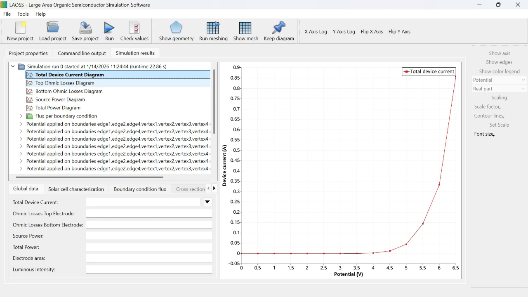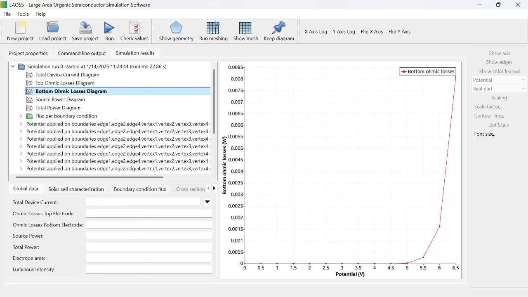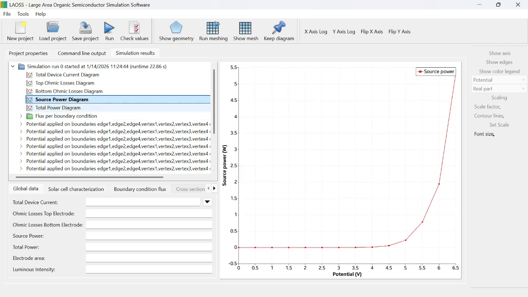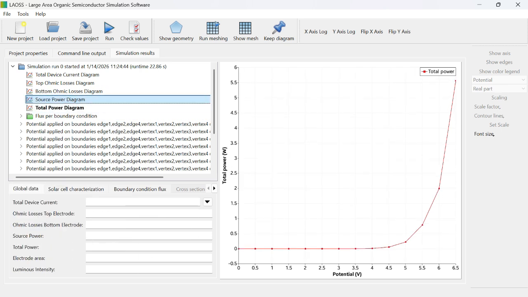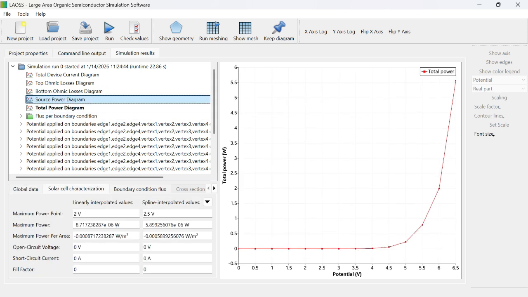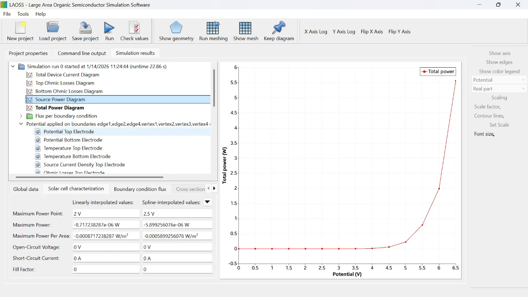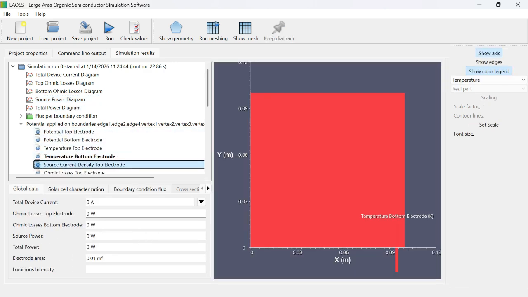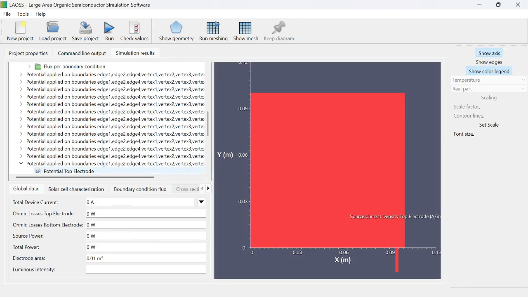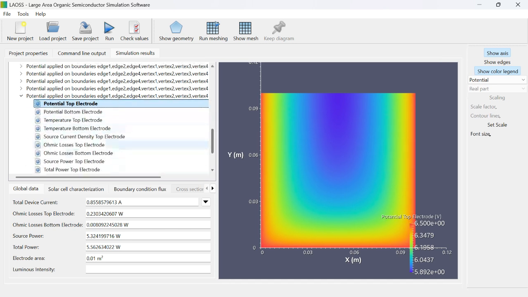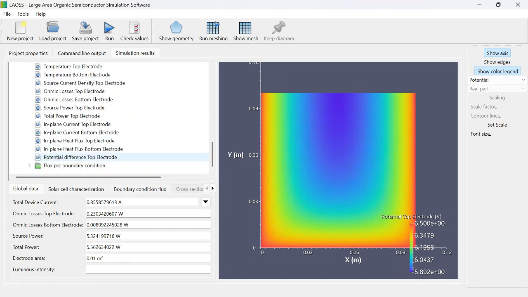You can see your results here: total device current diagram, top ohmic losses diagram, bottom ohmic losses diagram, source power, and solar cell characterization, maximum power point, maximum power per area, open circuit, short circuit, and fill factor. If you apply these one by one, you can check the results. Going last, you can see total device current, ohmic losses, bottom electrode, source power, total power, electrode area,